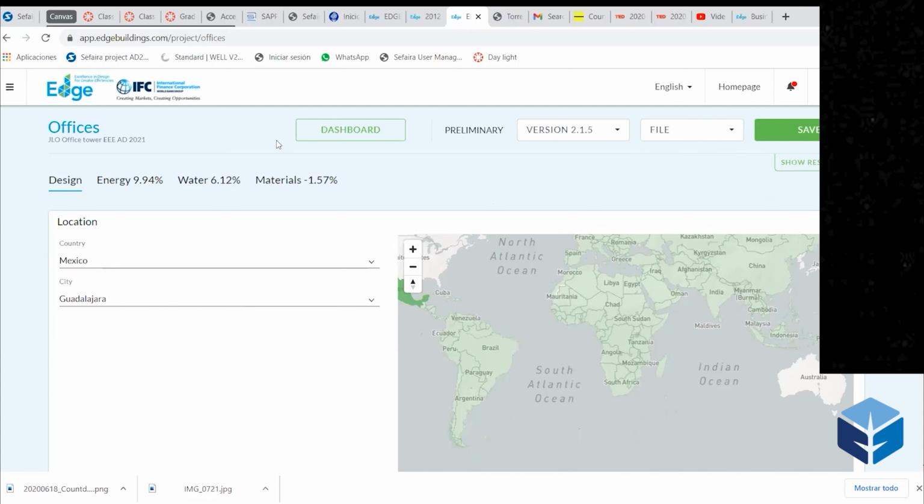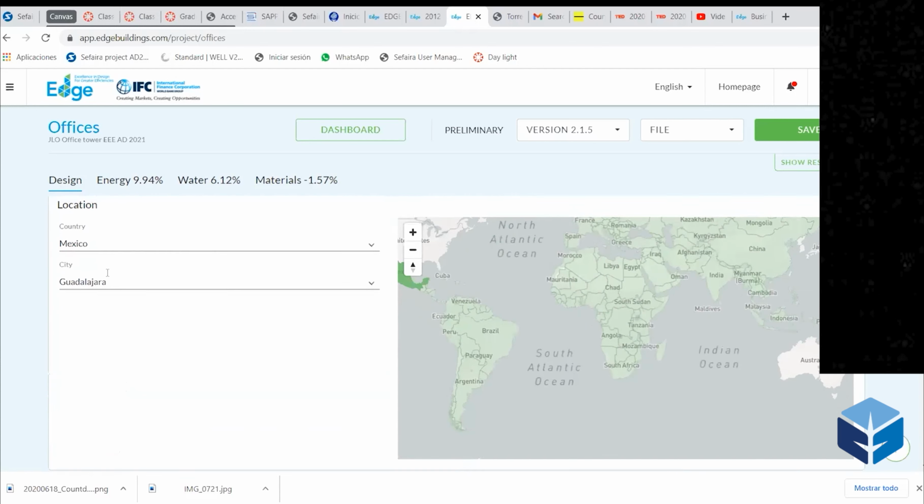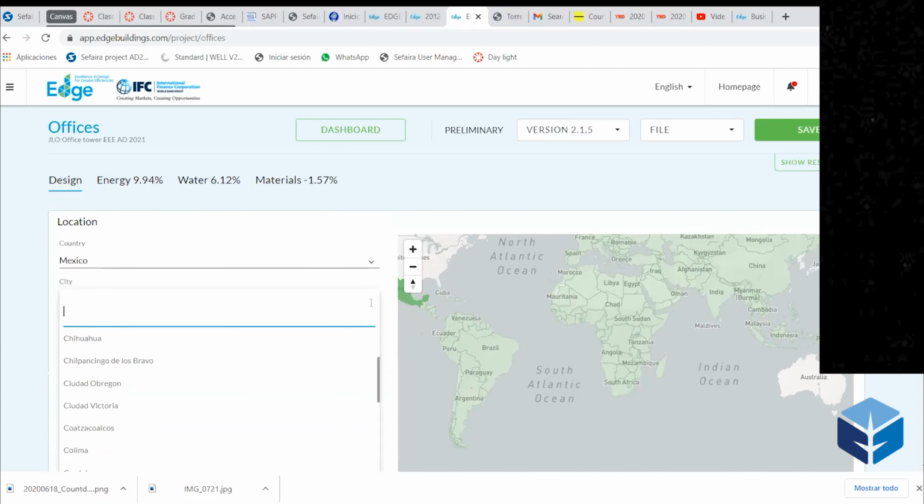And we're going to go with the data that you need to put in here. The first tab is design. You're not going to be able to go much further if you don't fill this up right. This is really easy. Mexico and Guadalajara. You will notice that not all cities are already listed in here, but